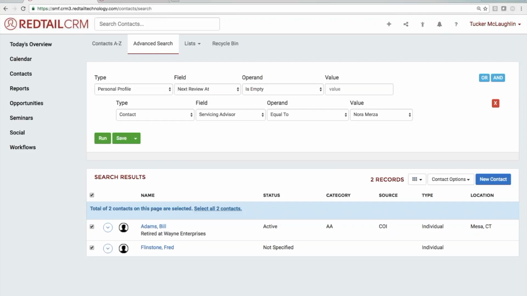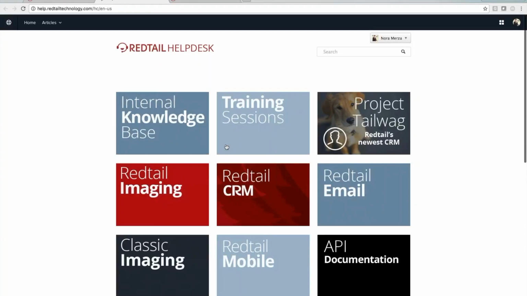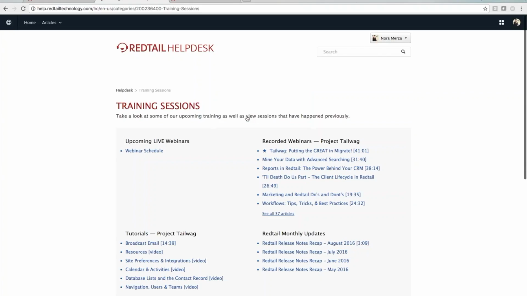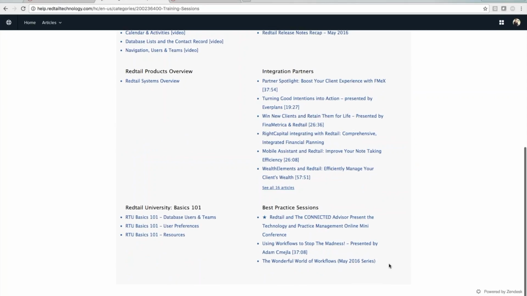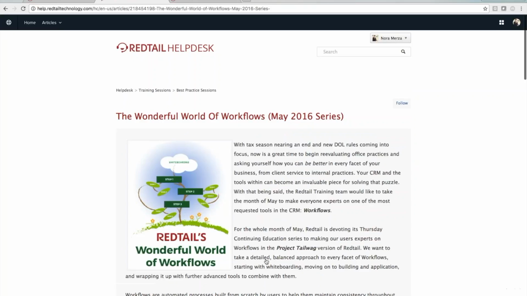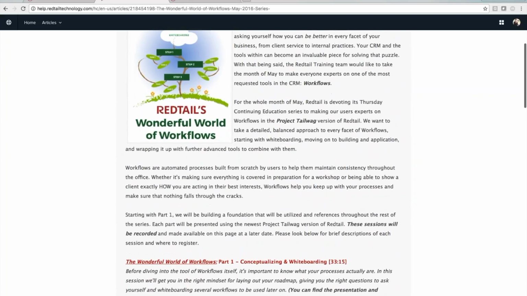So if you are interested in that, I would suggest to click on the question mark in the top right-hand corner and open up our Redtail help desk. So you can select on the tile here that says training sessions. And I would shoot all the way to the bottom and click on Wonderful World of Workflows, because this will go head to toe on that building process, because oftentimes these reviews are kind of like your secret sauce or